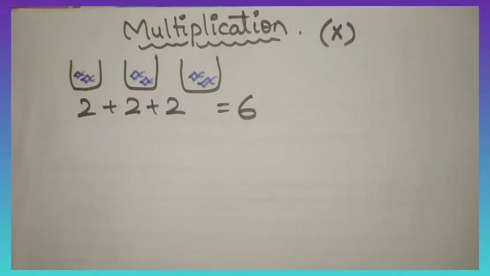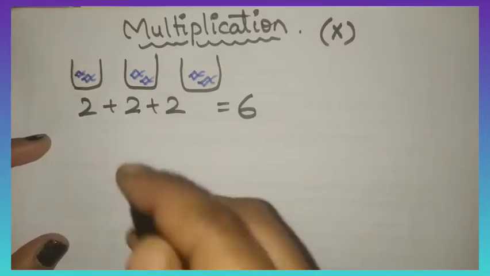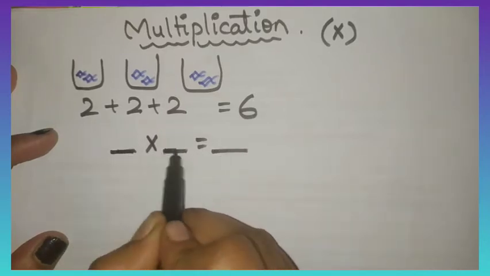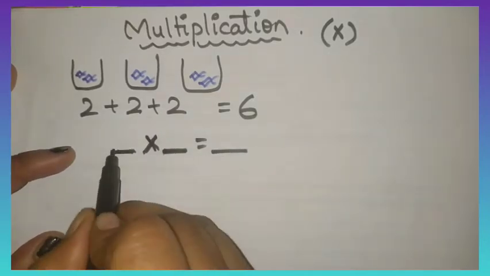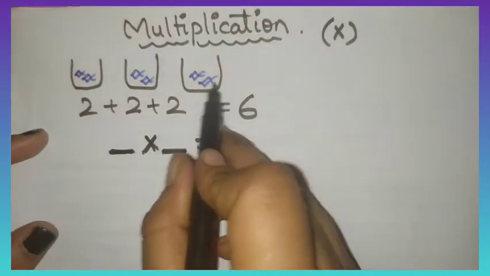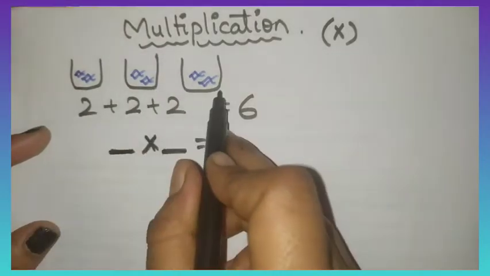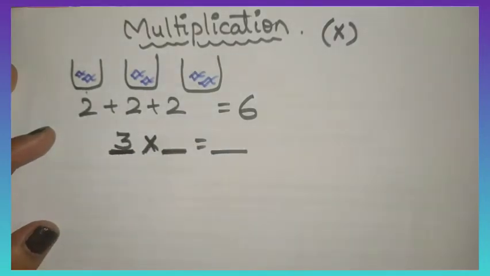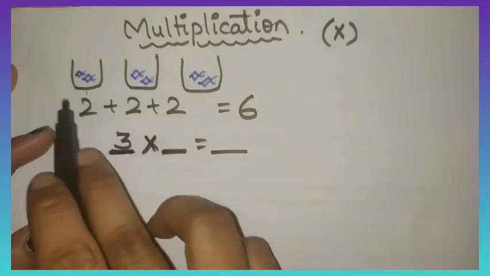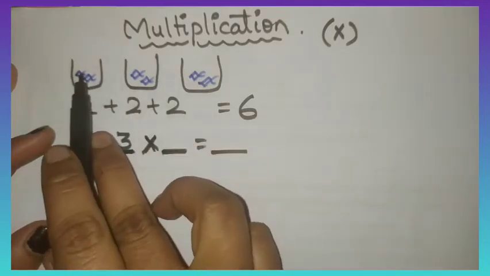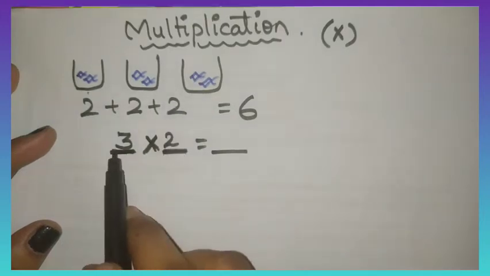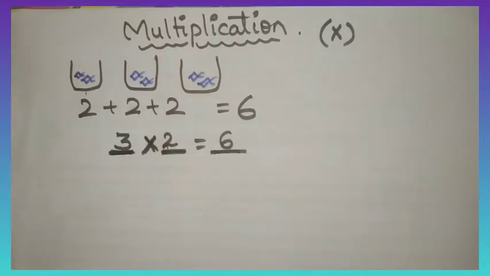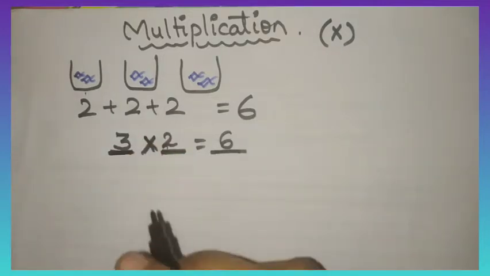Now I will explain how to write multiplication. Look here, children, we'll use the multiplication symbol here. Okay, this is the multiplication symbol. Here we'll write the total number of groups. Here 1, 2, 3, 3 balls are there, 3 groups are there. So 3 into, in each group how many are there? Yes, 2. So we'll write here 2. 3 2s are 6. This 6 is the total number of fishes, the total number of items.